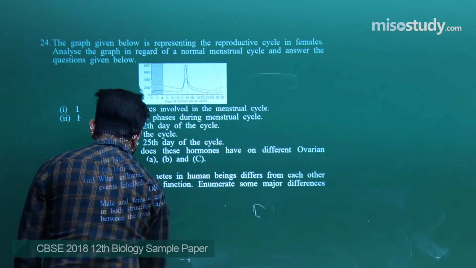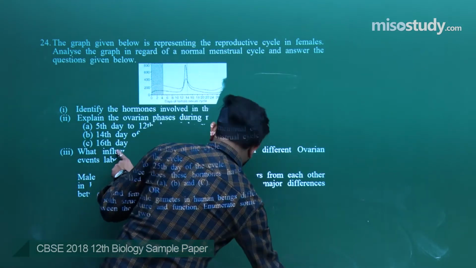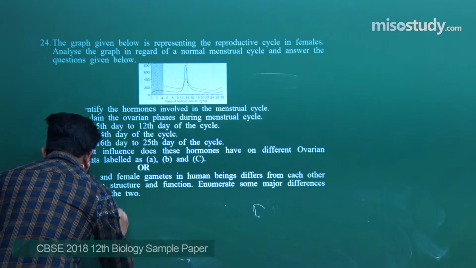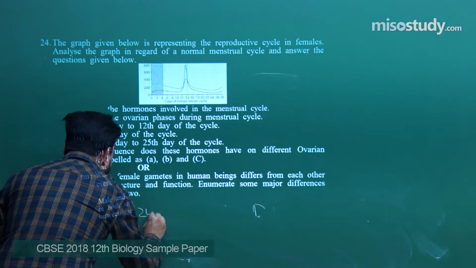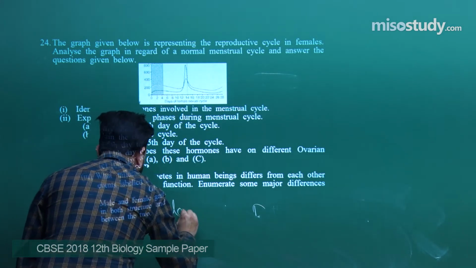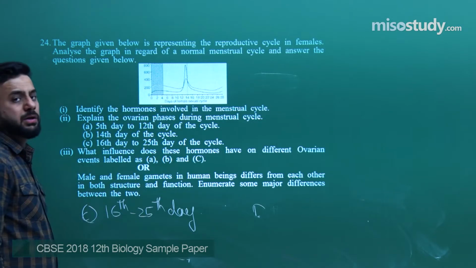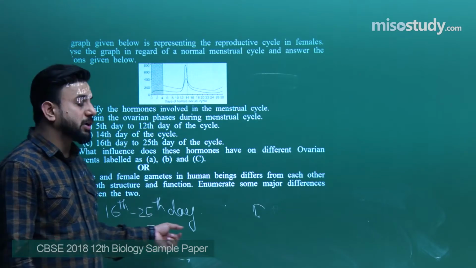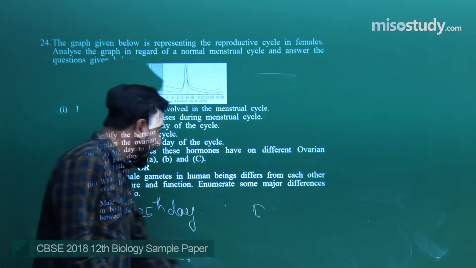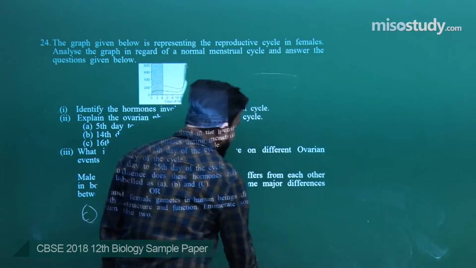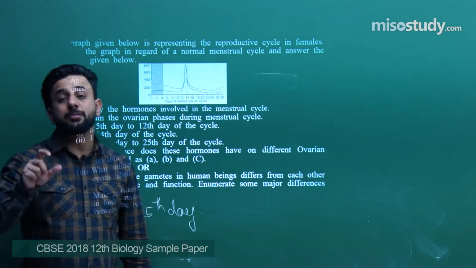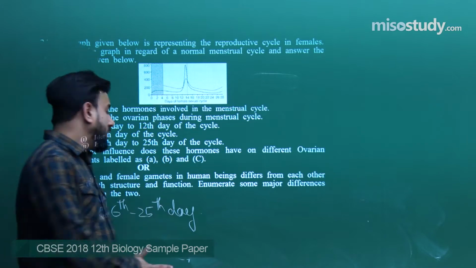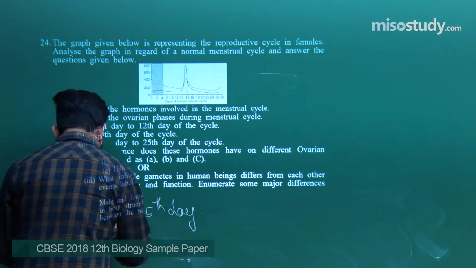In the C stage, that is the 16th to the 25th day, the remaining cells of the ovarian follicle will get transformed into the corpus luteum by the luteinizing hormone, and this releases the progesterone hormone which maintains the endometrium layer. Okay, 16th to 25th day, what we see,